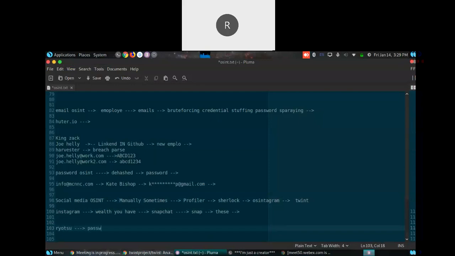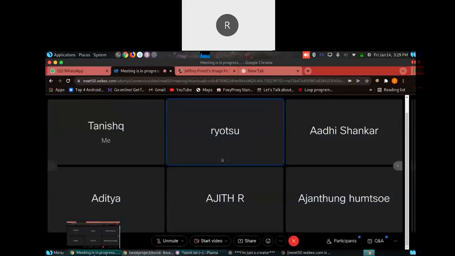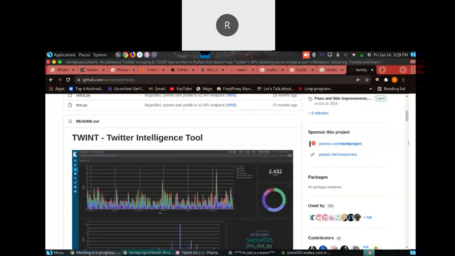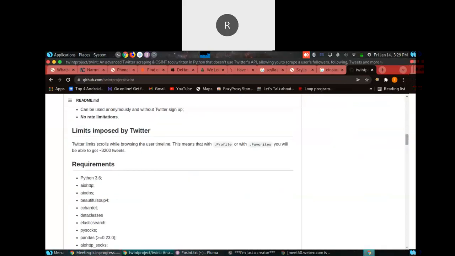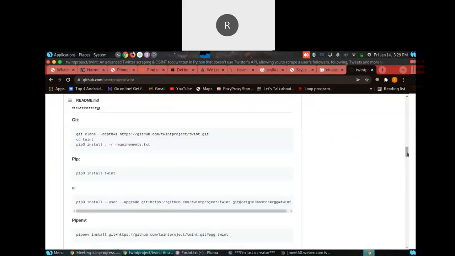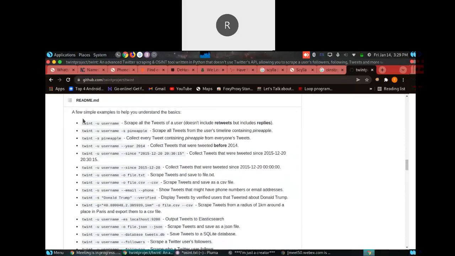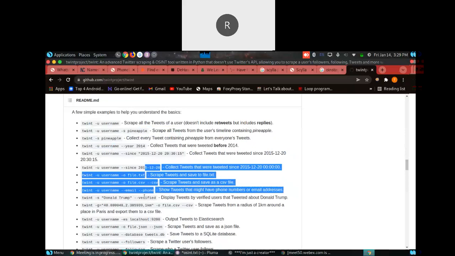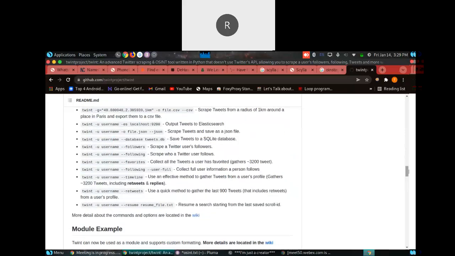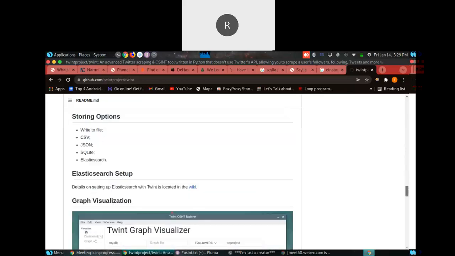I can get those tweets using this tool, and there are a lot of utilities of this tool. So here are the details of the CLI-based Twint: it takes a username, you can search a particular word, after a year, before a year. These are the flags of the Twint tool, and you can read about them.